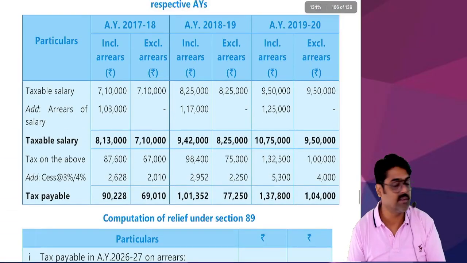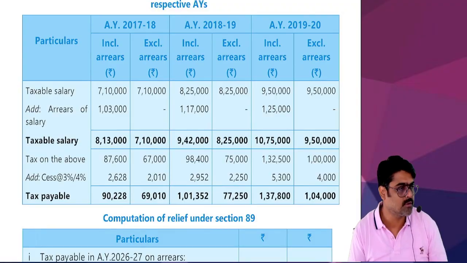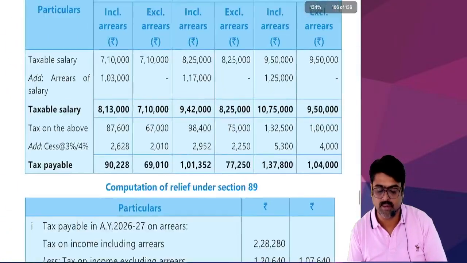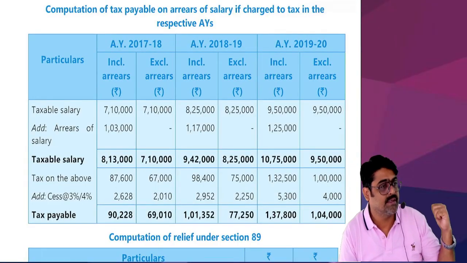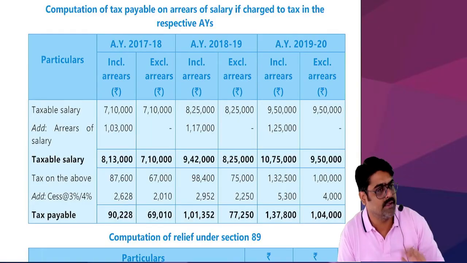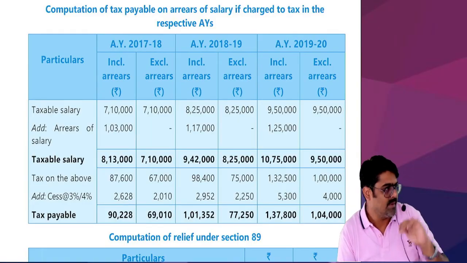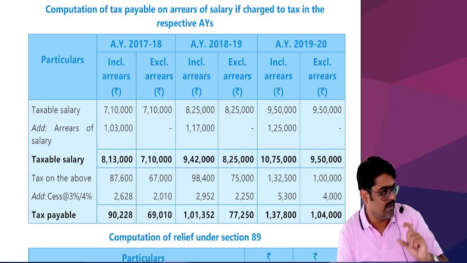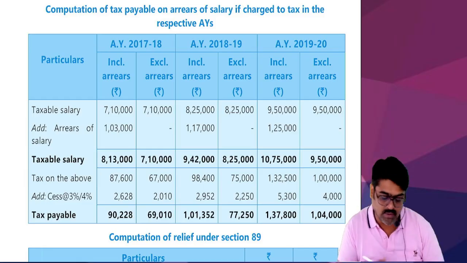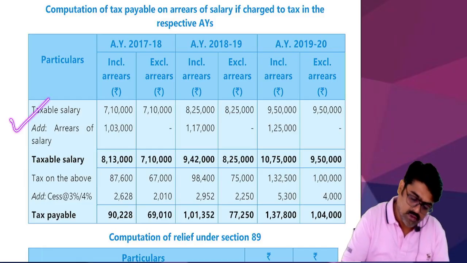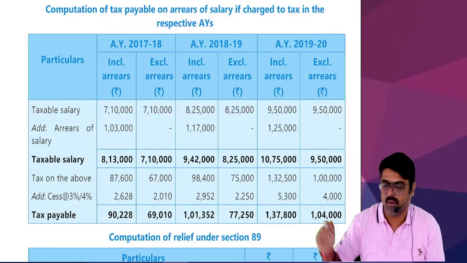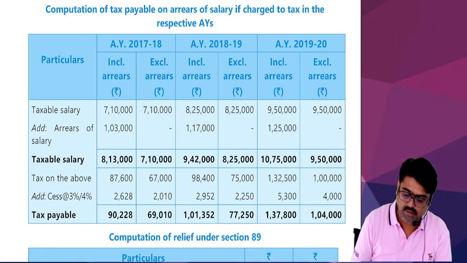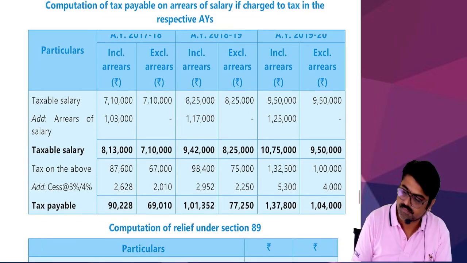The way of presenting the answer is a little different. Okay, if you want to present like this, you can present like this also. No need to write down everything again and again. This is a better presentation, I am telling you. The ICAI presentation is better as compared to the presentation which I gave. Because in my presentation, everything you have to write again and again. Here you write only once and calculate for all the years in columns. The thing will be same only.